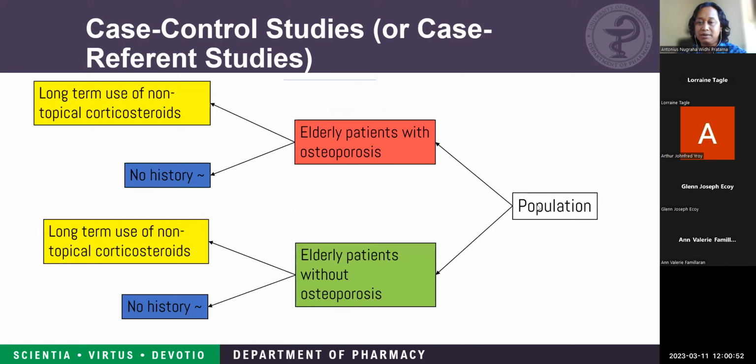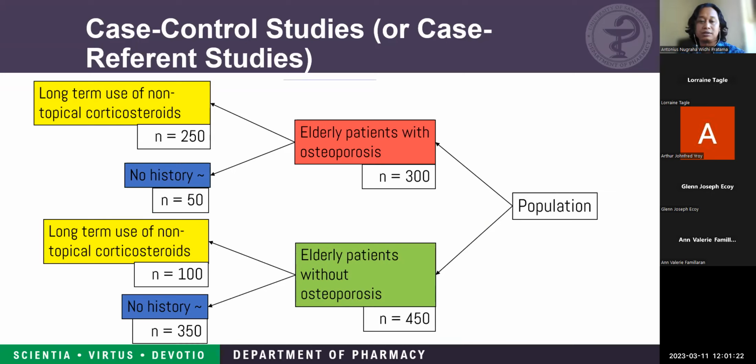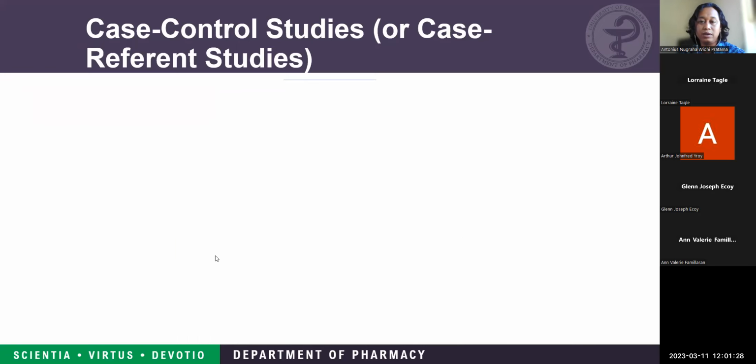So this is another example from the populations. We have elderly patients with osteoporosis and elderly patients without osteoporosis. This is quite easy because it is already specific to elderly patients. And this one is the long-term use of topical corticosteroids, with no history of use, and so on. This is just imaginary data. We have this data, and then we can